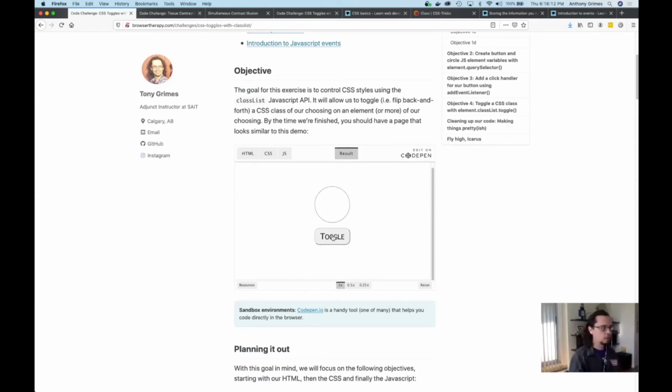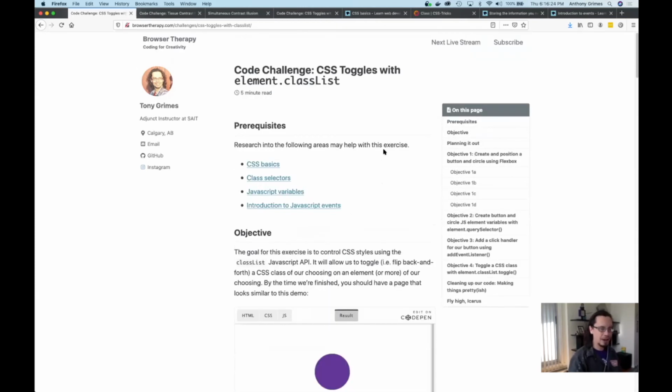Basically, we're going to be clicking on this little button. We're going to make a little toggle that can change something in CSS by changing the class. So I'm going to be doing a lot of basic HTML and CSS, some flexbox just to set everything up, and then we're going to dig into the JavaScript. But I am making a couple of assumptions here, that you do know a little bit of CSS basics. So most of these links here,